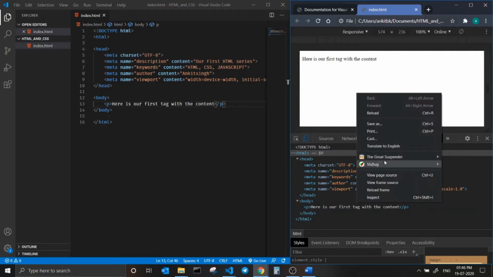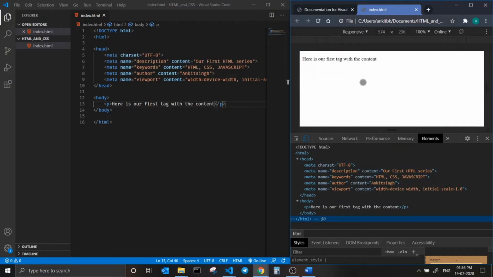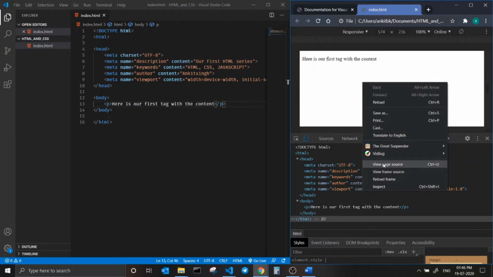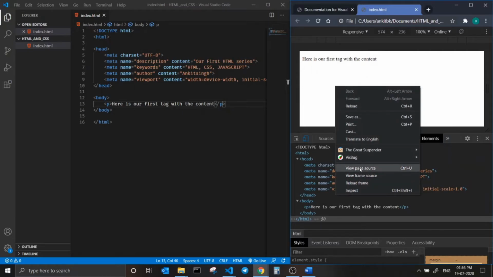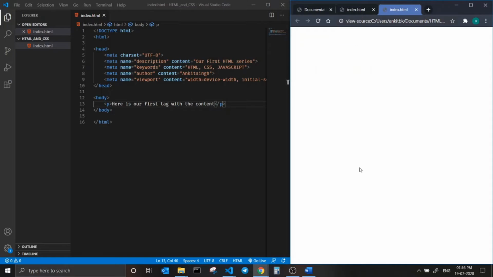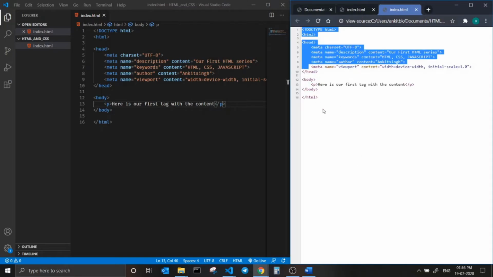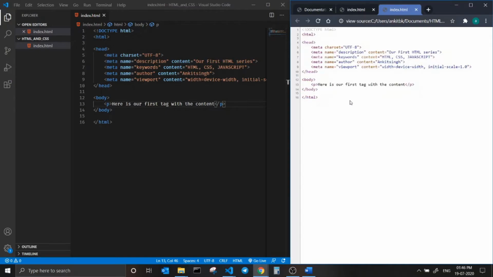Another way of getting to know about the web page or the content which we see here is to right click and choose view page source. What this is showing is the compiled version of the code which we have placed.